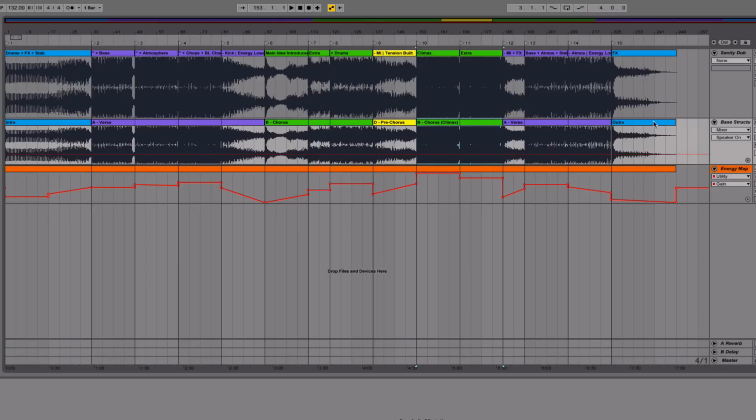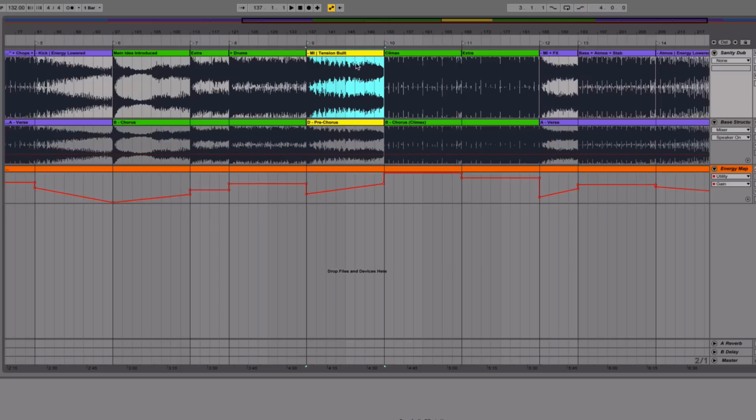And this is where this whole basic structure thing, or this bass structure, falls short, because it doesn't do a good job of describing what's going on, whereas this does. I've said main ideas introduced, I've said extra, there's a bit extra, plus drums, tension built, and then climax, and then extra after that. What's interesting about this, but it's not uncommon, is the main melody is actually pulled out during